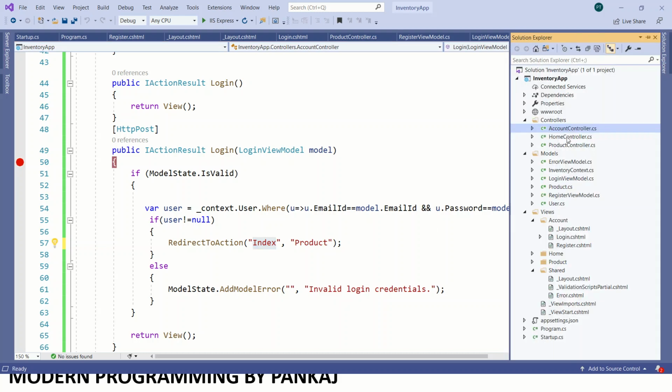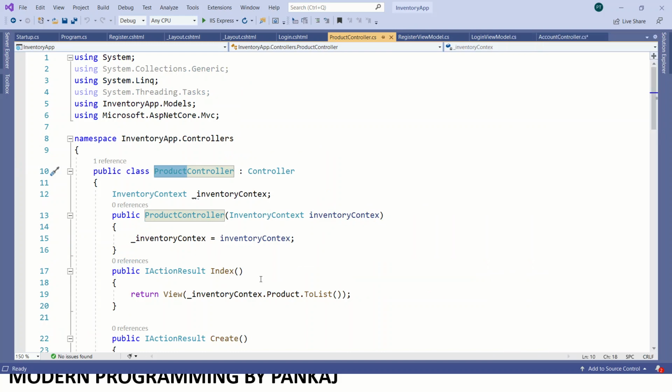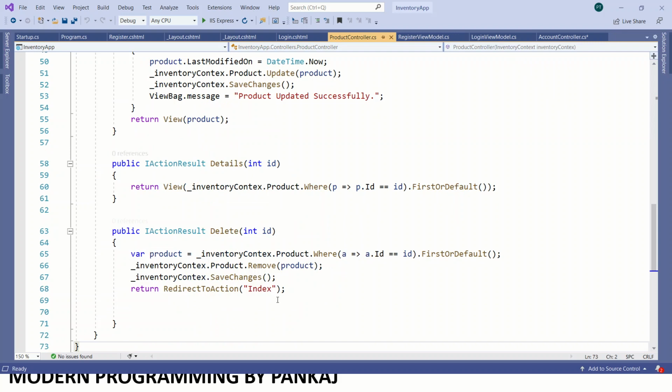What is the controller name? Product. And what is the action name? So it is index.